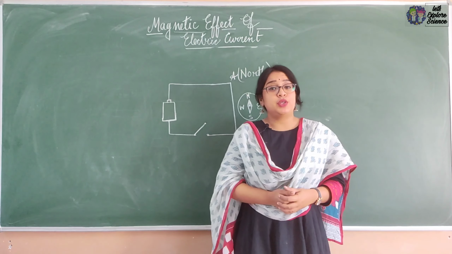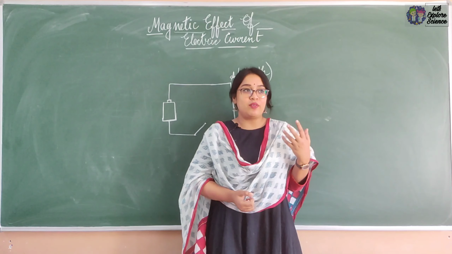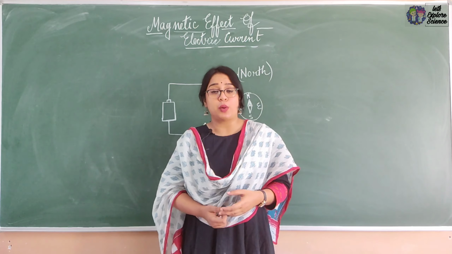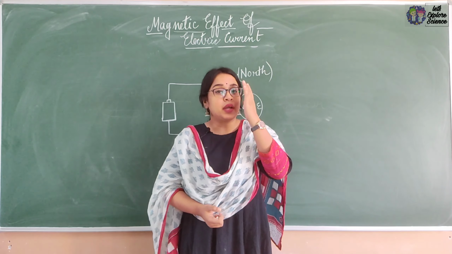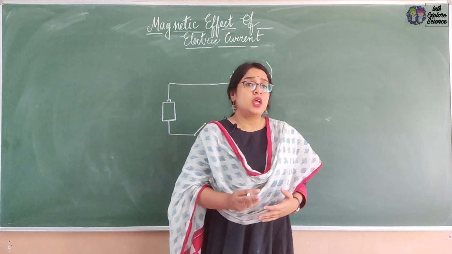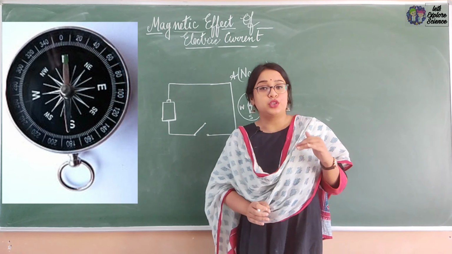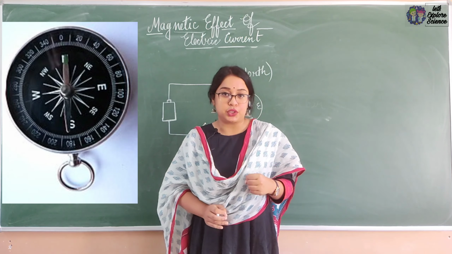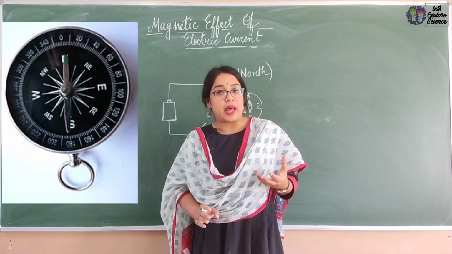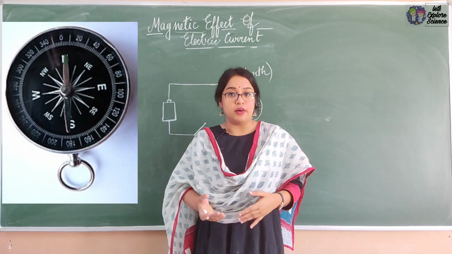Now in this video we will learn about the magnetic effect. Now we all know about magnets. Whenever we think about magnets, we think a magnet is a thing which attracts objects made up of iron, nickel or cobalt. A magnet also shows certain properties. If we talk about a compass, you know that a compass always shows the north to south direction. This compass is actually a magnet which aligns itself with the magnetic poles of the earth.